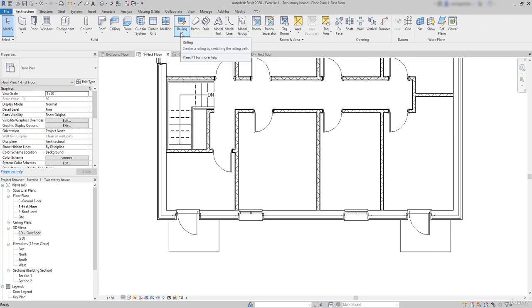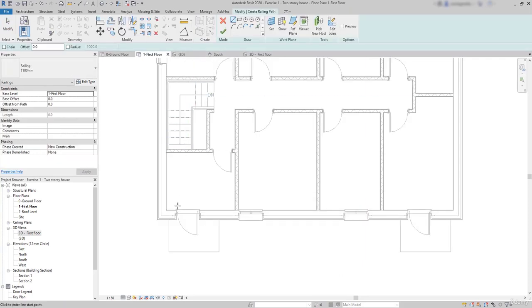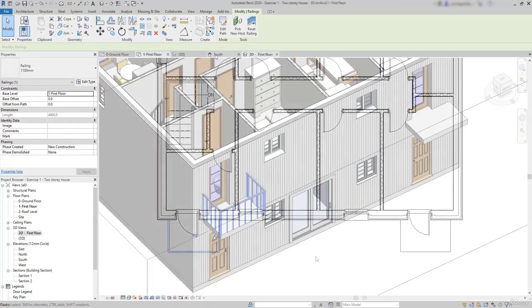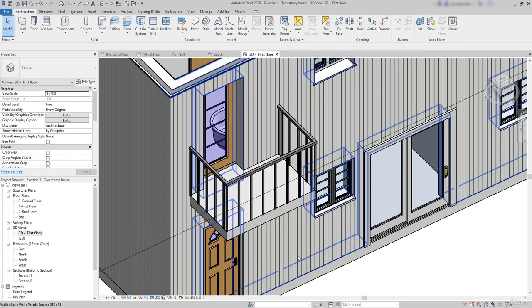Okay, we have to go to the icon at the Architecture tab and select the option Sketch Path. As I am in the sketch mode, I need to draw the railing, and I will stay with the method that is already selected, the Line tool. Make the first segment on the left. Then click again at the corner to continue drawing, until I reach the wall again. Then click on the tick to confirm the railing,